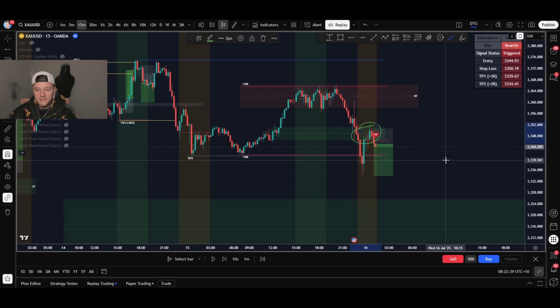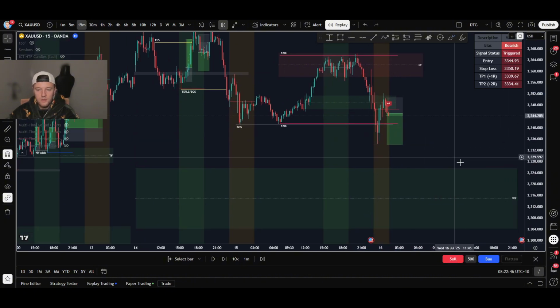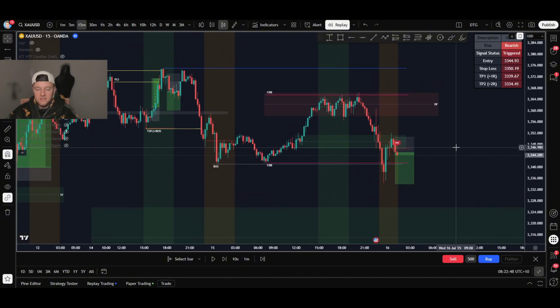right? We then retest it. So this is key, right? This is very key. And again, you'll learn how to draw out all these levels manually, automatically, whatever you want to do. But we break it and retest it. So at this point, we have